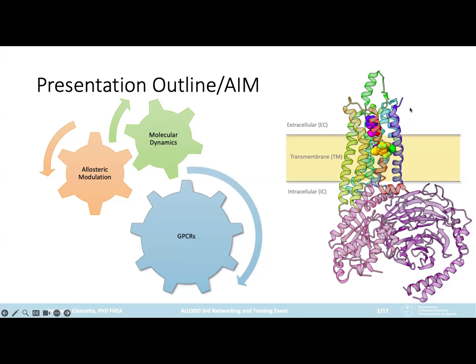All right, so I'm here today to present a tool that is based on molecular dynamics, and it's aimed at predicting allosteric binding sites in G protein coupled receptors. The code name for the tool is